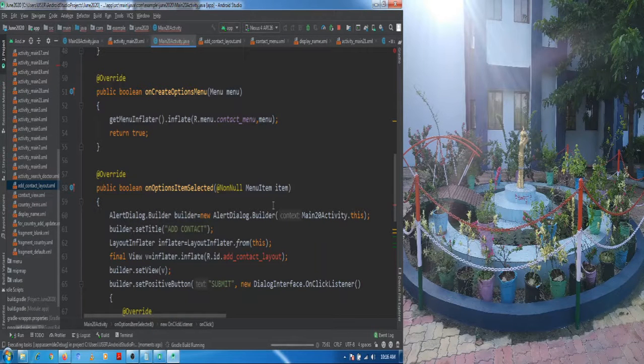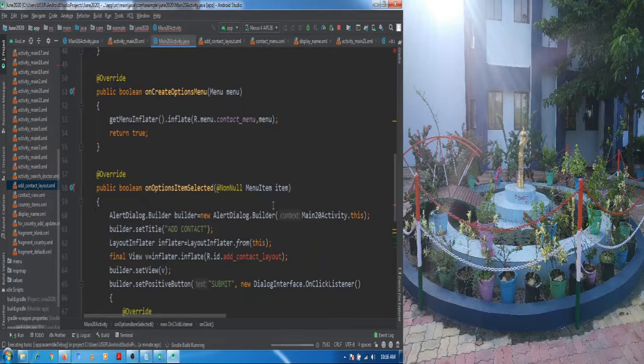So the logic of inserting a contact is quite simple, because we are using intent to enter the record in the contact content provider. We can also manually insert the record by using the SQLite database transaction mechanism, which we have already learned and implemented in database sessions. But here, as I showed you in the previous video, we can simply use intents to insert the record in the contact content provider. It is quite simple and easy.